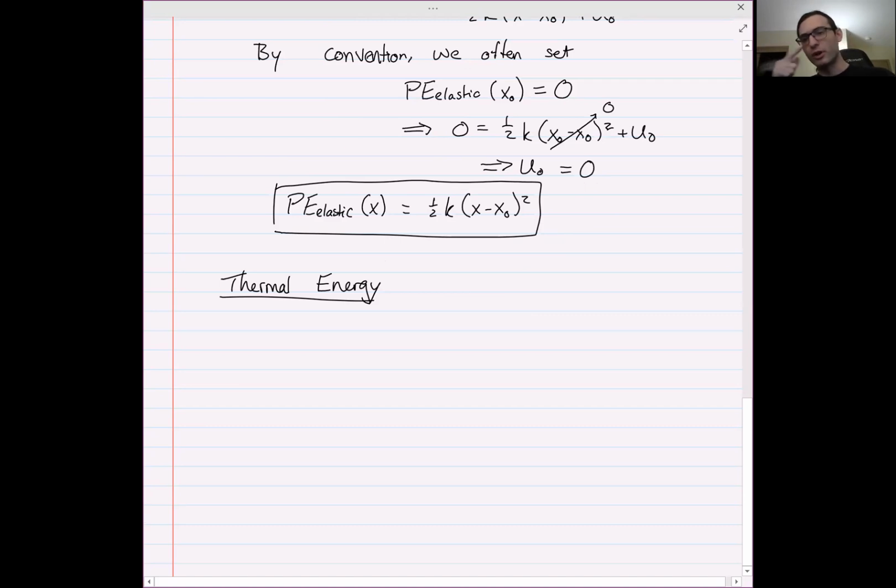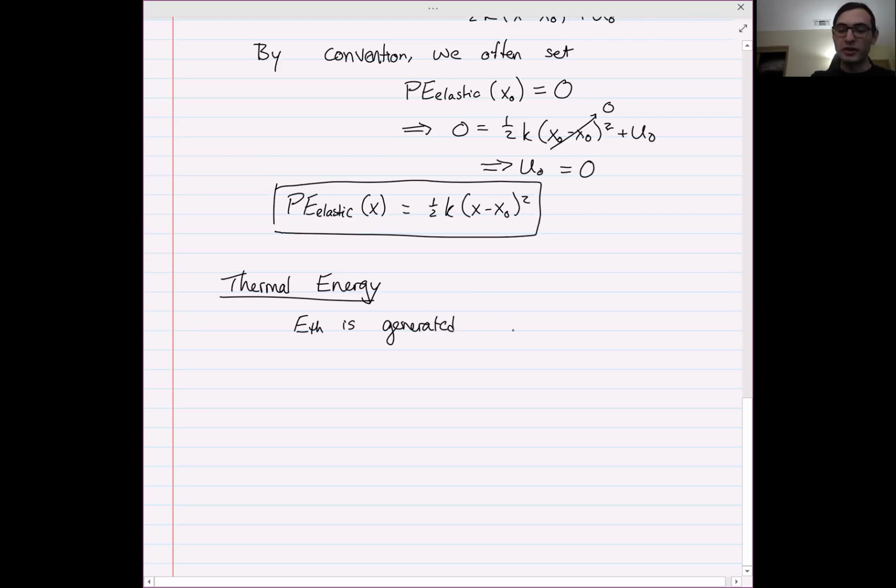There was one more term though in the energy conservation model that we haven't talked about. The energy conservation was external work, which we understand, it's just the work done by external forces, equals the change in kinetic energy, which we understand, plus the change in potential energy, which we now understand, plus the change in thermal energy. And we haven't talked about the change in thermal energy. So let's do that. We need to ask what thermal energy actually is. So thermal energy, or E thermal, is generated